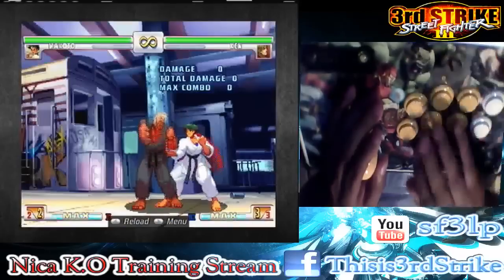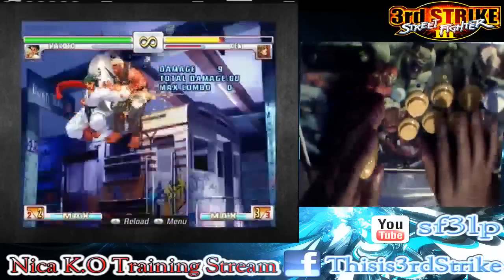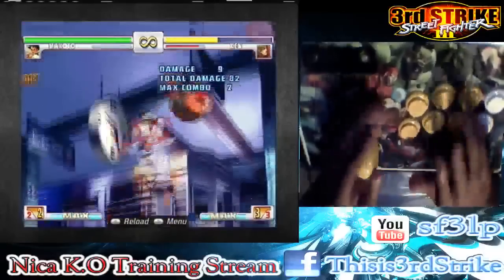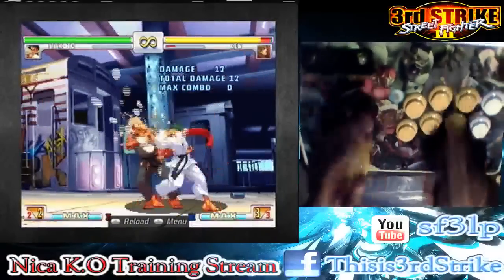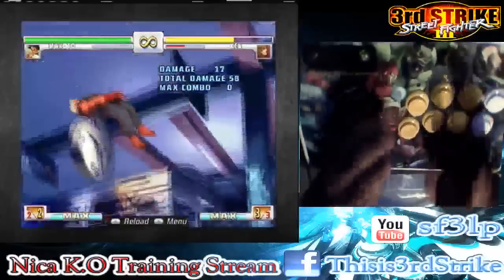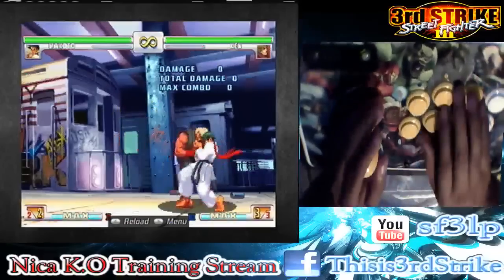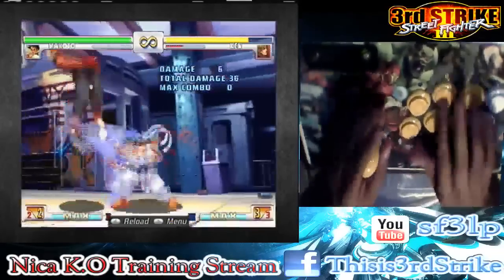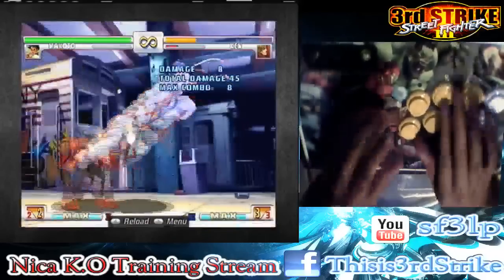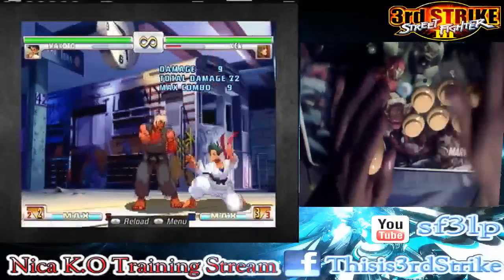But yeah, so that's that, and you can also mix it up like that. This is fierce Fukiyage. Jump roundhouse, dash up, and then like that. Oh yeah, so there's a couple things you can do. You can also do